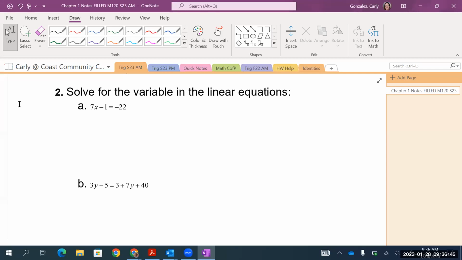Now, when we're trying to solve for a variable, we're trying to find out what it equals. And to find out what it equals, we want the variable alone on one side of the equation. So first of all, I like to identify where that equal sign is, and I'm trying to get only an x on this left-hand side. So the first thing we can do is cancel out any adding and subtracting. We can add 1 to both sides, and we get